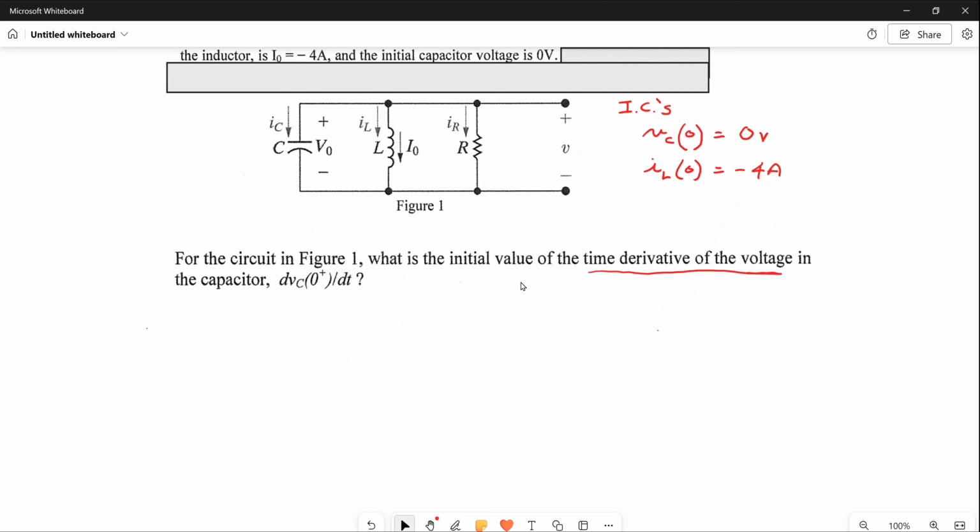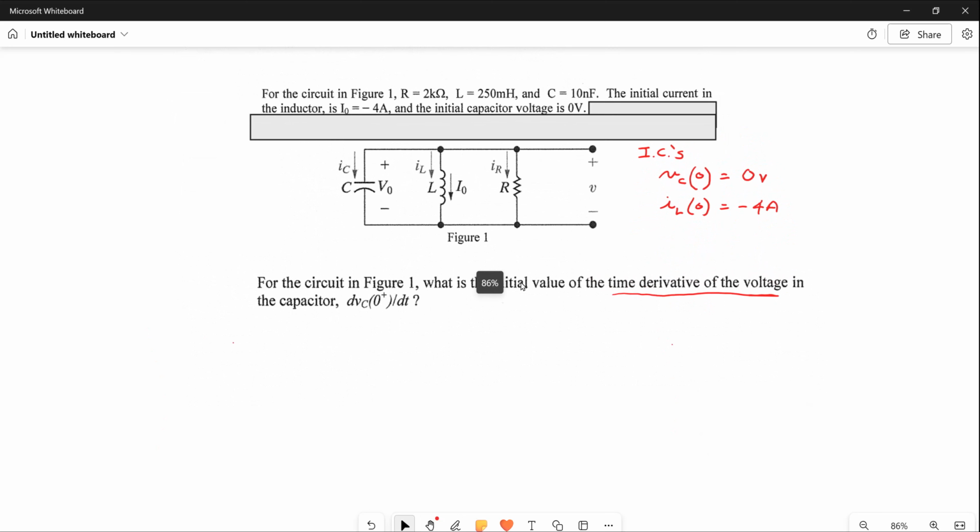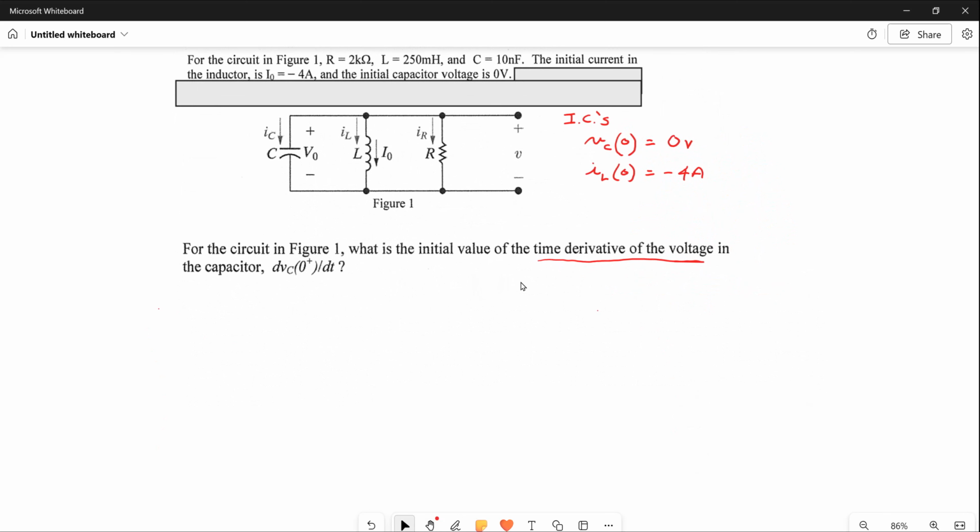Well, the way you establish that, you don't have to go to a characteristic equation like you would in second order systems. This is all done in the time domain here. If you take a look, by Kirchhoff's current law at this node right here, the currents are all leaving. So I would show that as a